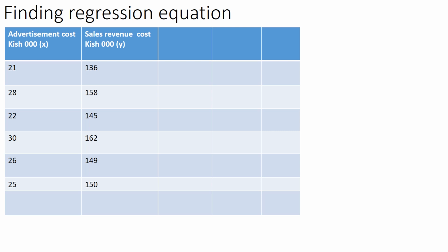In today's session, we are going to discuss how to find the regression equations using two variables. With me here, I have an example of two variables, x and y, where x is represented by the advertisement cost, while y is represented by the sales revenue. For me to get the regression equation, I know that my regression equation will always be given